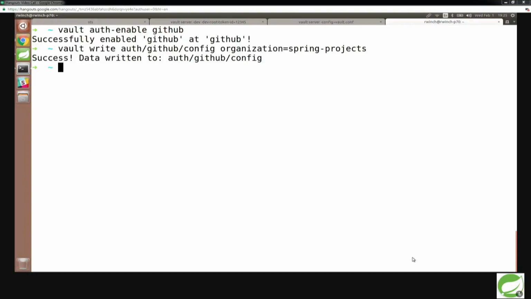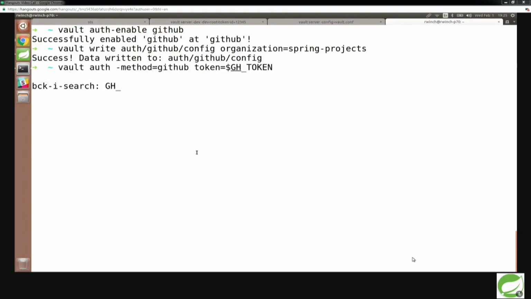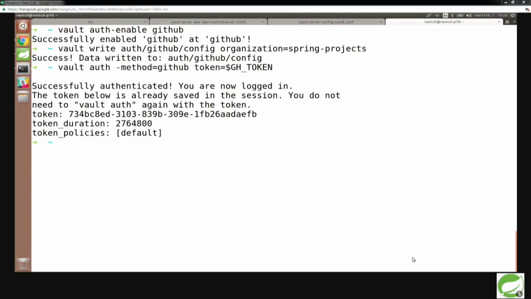And then the next thing you need to do is you can authenticate. So you select the method, which is GitHub, and then you provide a GitHub access token. I happen to have the GitHub access token stored in an environment variable, and now I'm authenticated using that. Now you'll see it echoes out a token back to the screen, and then that token is now in my file.